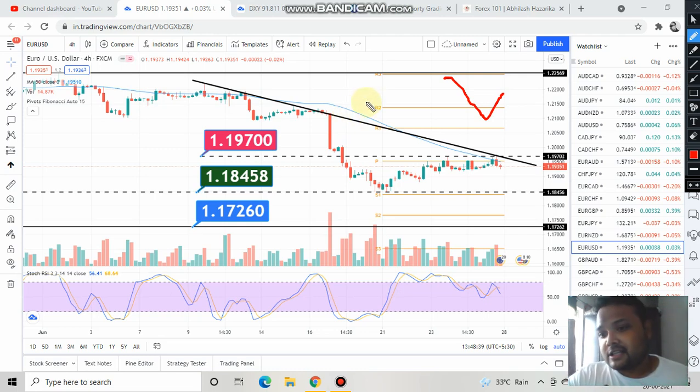So what should be the strategy then? For the strategy of euro USD, if you look at the chart right now, you can easily see that there is not much movement in the market. And if there is not much movement in the market, then it is very hard for us to make money. So let the market open on Monday and just try to see how the price reacts. If you see that price is rejecting or is unable to cross this level, in your charting platform,